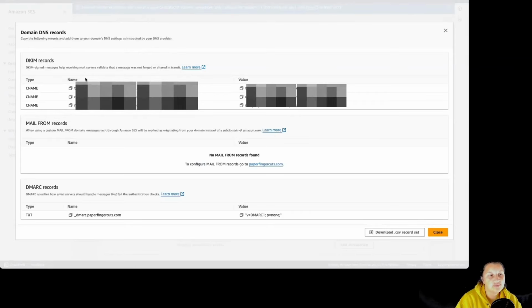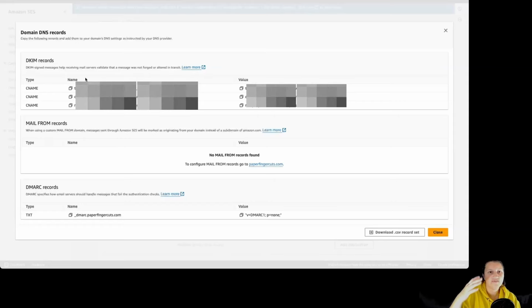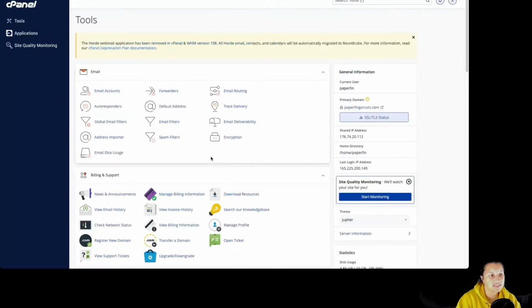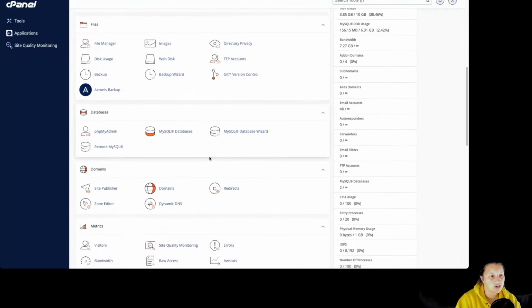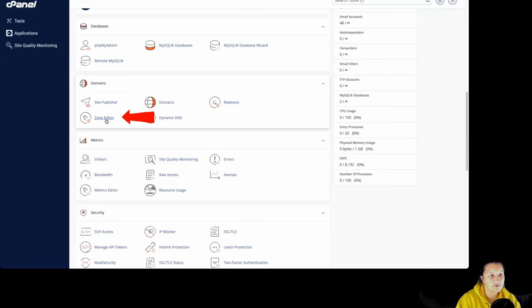We do this to make sure that our emails get into the inbox of the subscribers, make sure that we have good deliverability and that we are not blocked by even sending the emails out. So let's go to our cPanel. Let's scroll a little bit over here to domains, to zone editor,